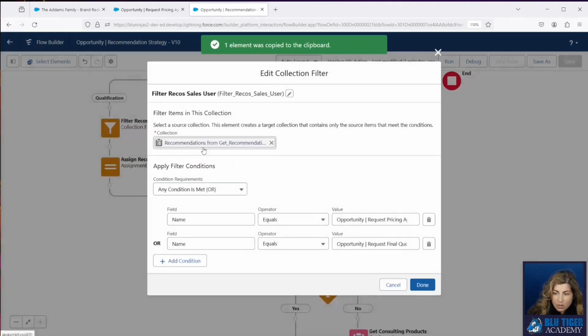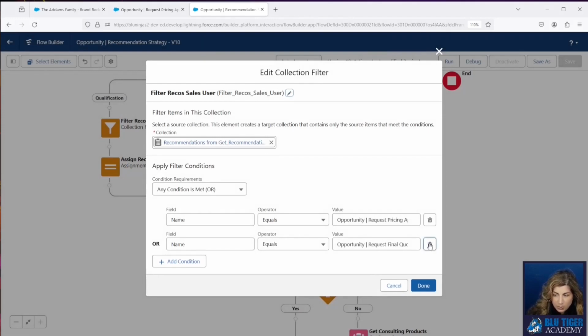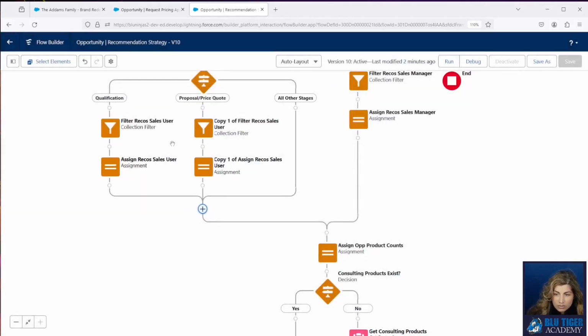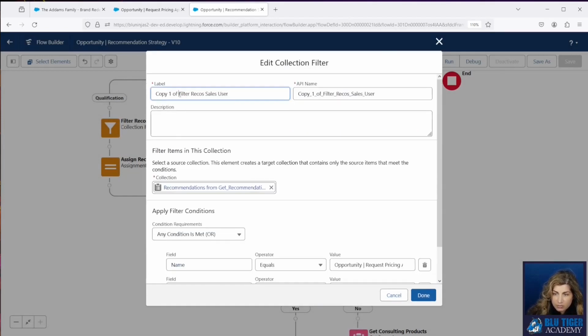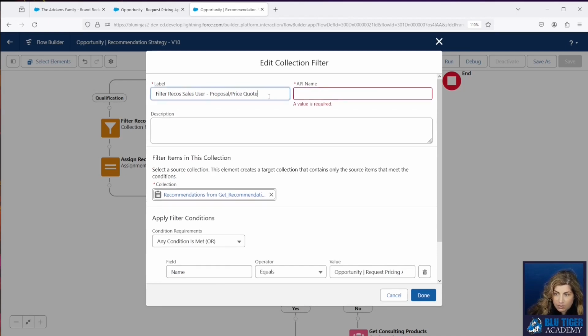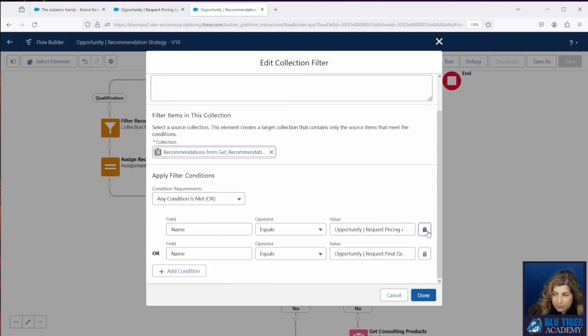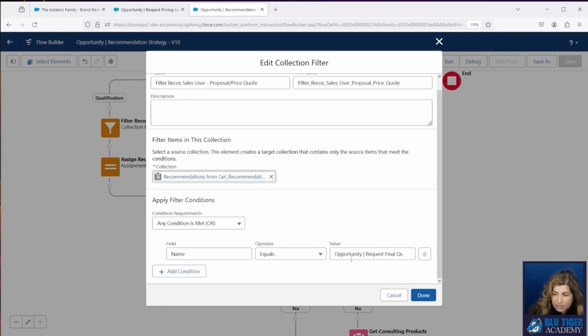This one I will update to only show the request pricing approval. And then I don't have to make an update down there. This one is going to be for proposal price quote. We'll leave the recommendation for request final quote there.